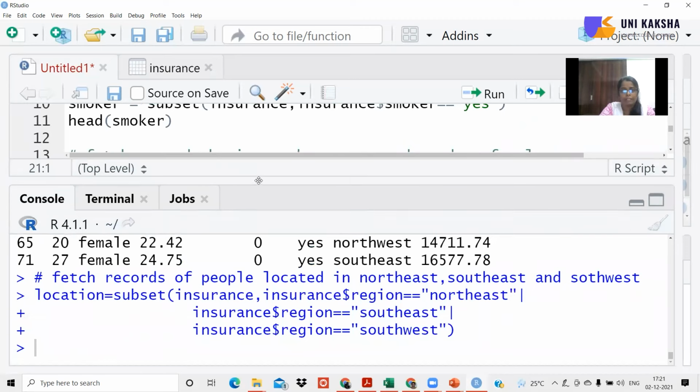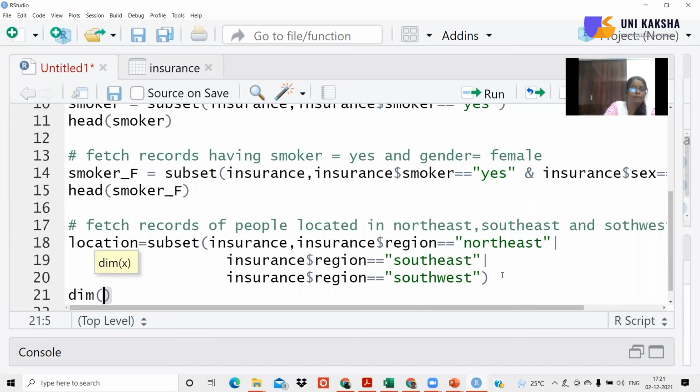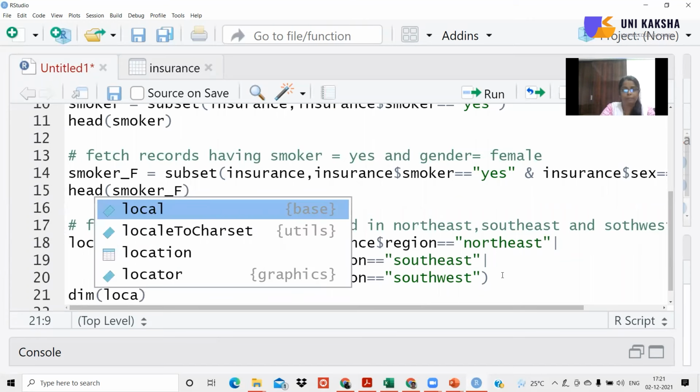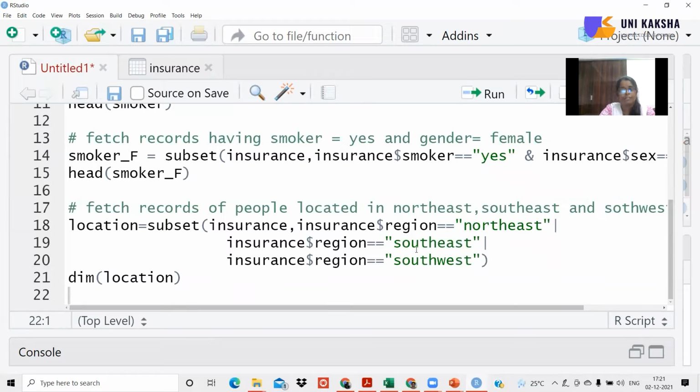So this is how you can write. And if you simply want to know what the data is for this location data set, there are 1013 observations which are living in northeast, southwest or southeast.